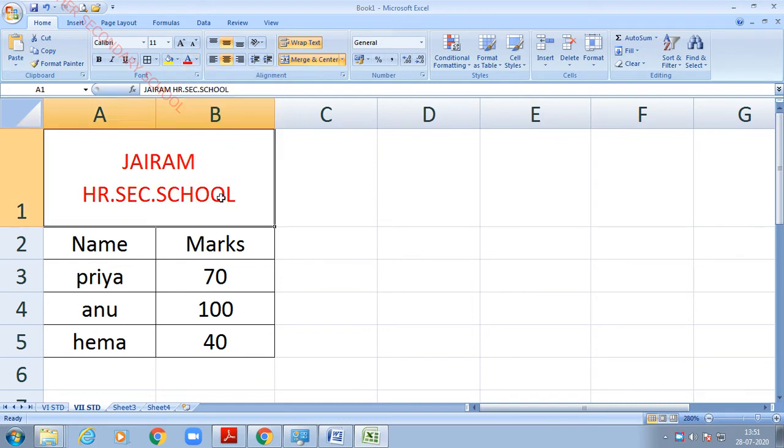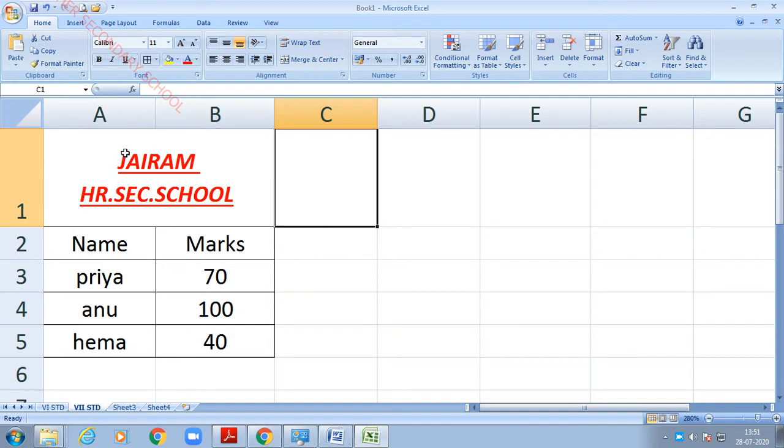Okay, to make the letter bold, you have to choose the bold option or Control plus B. It becomes bold. To italicize the word, you have to choose the italic option or Control plus I. Can you see the difference? Yes, the letters look like they are in a slanting position. If you want to underline the text, you have to select the text, then choose the U option. The particular word becomes underlined, or you can use Control plus U to underline the text.